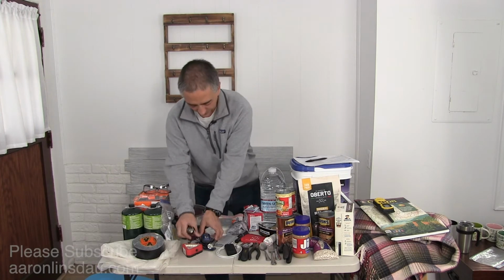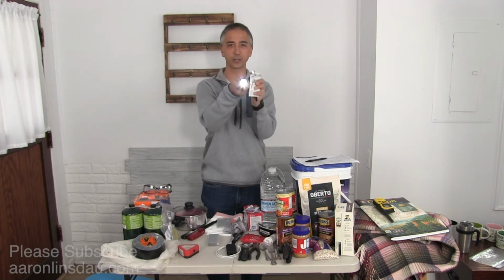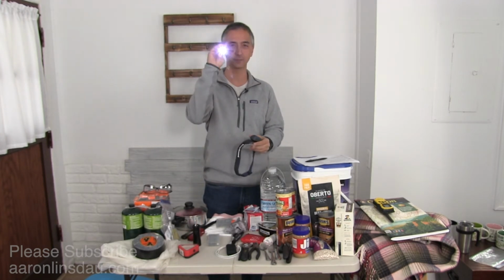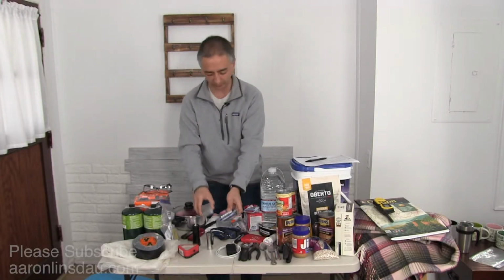The next thing, flashlights and extra batteries. I've got a whole pile of flashlights and headlamps, and extra batteries here. I go crazy with flashlights simply because I know that in a pinch, even the dollar store little cheapies work well. I've got my expensive headlamps from Black Diamond and all that, but make sure to bring your extra batteries because